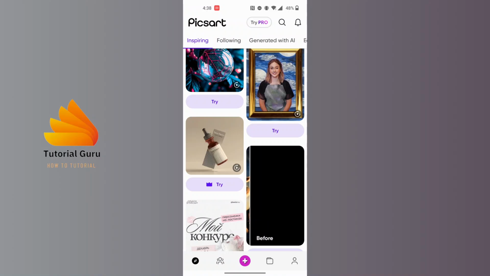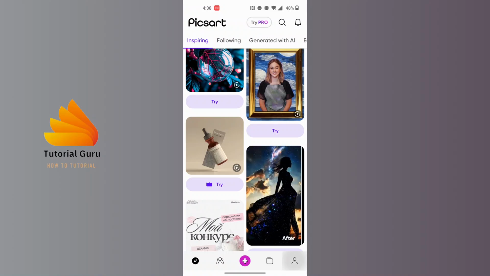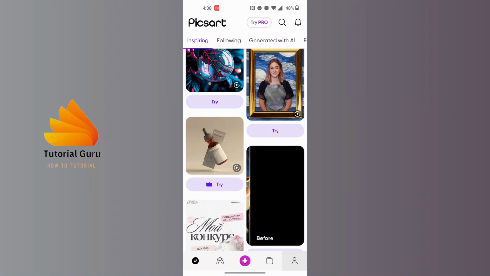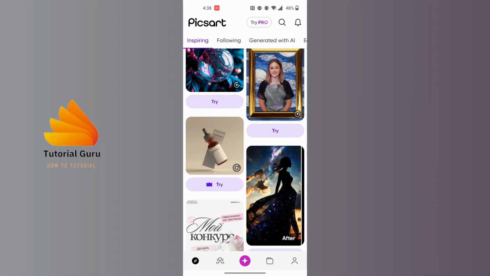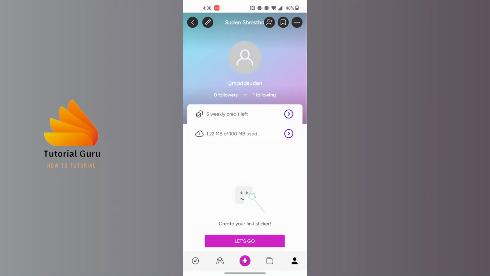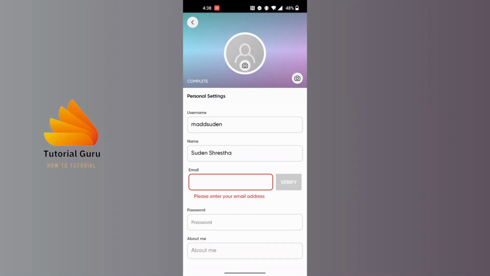And over here you can see there's a person or a profile icon at the bottom right corner of the screen. Tap on the person or the profile icon at the bottom right corner, and you land over here where you can see the pen icon at the top left corner of the screen. Over here, tap on the pen icon at the top left corner of the screen, and over here you can